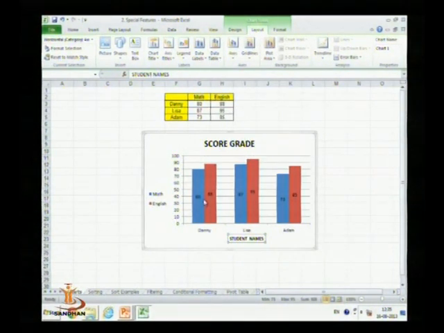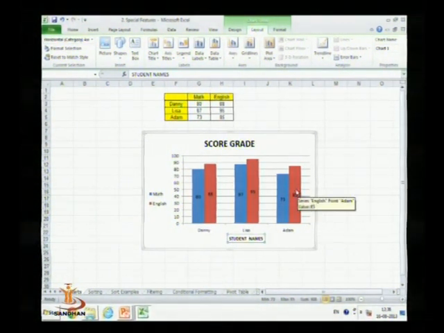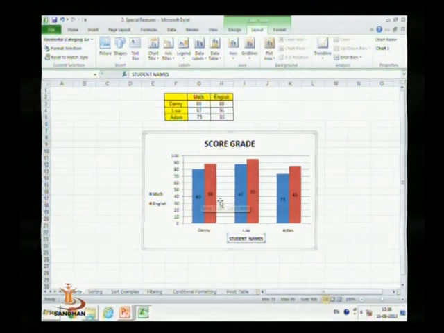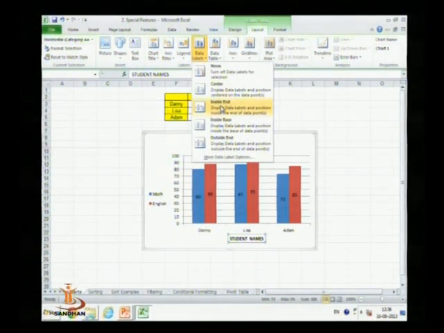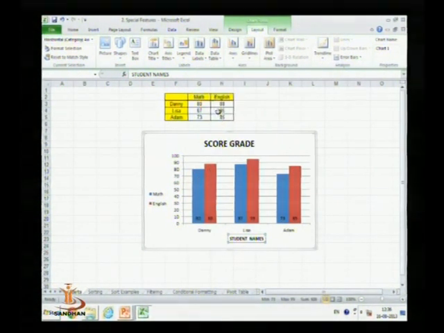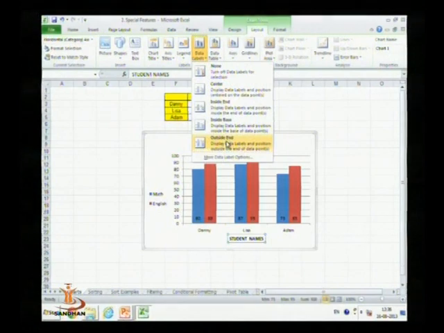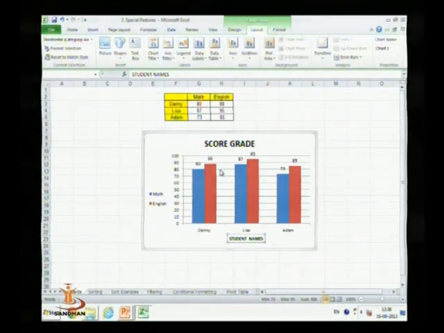Here this data label can be added to the center parts. Each value of the math scores of the different students will be added in the bar. Then we can also change its position. We can put it inside end, inside base, and also outside end. So this data label can also be added.